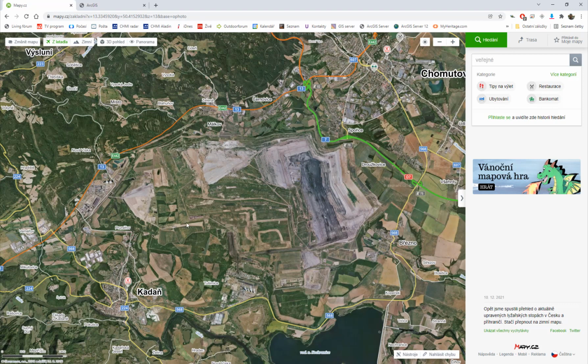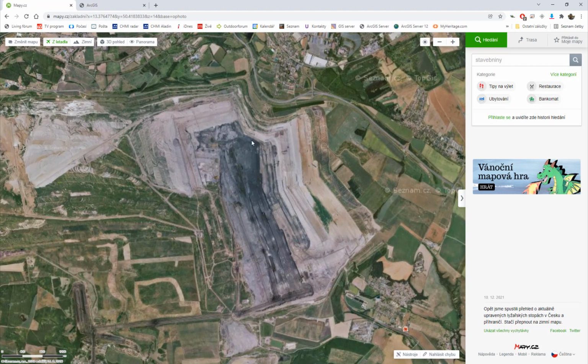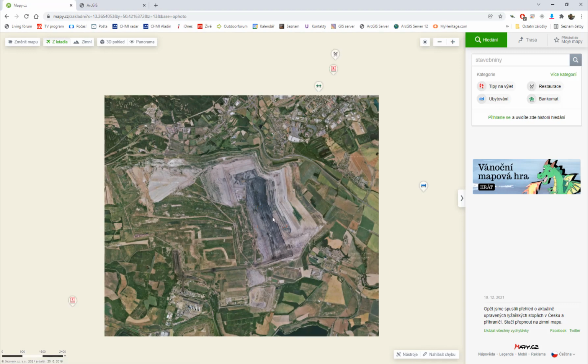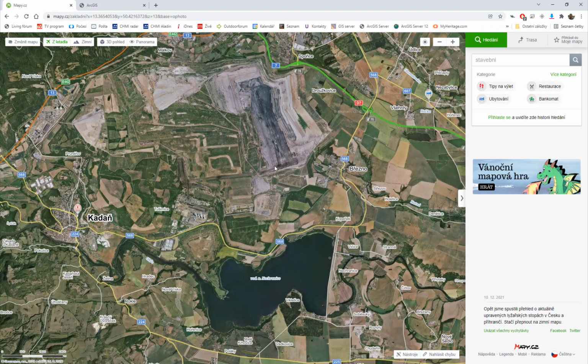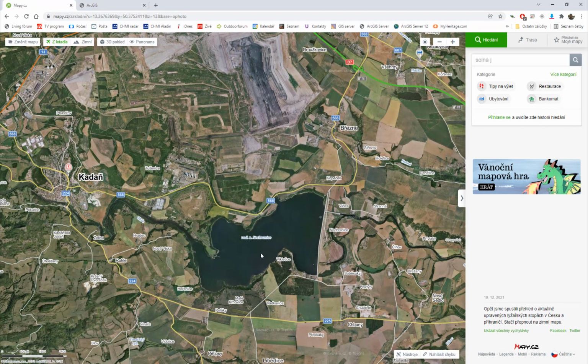You see, this is the old pit that is moving towards the city. The highway was moved so they can enlarge mining all the way here. The brown color here is the actual brown coal that's being mined here. And then we have this water reservoir. It's called Nechranice Water Dam. It's one of the longest dams in Central Europe,